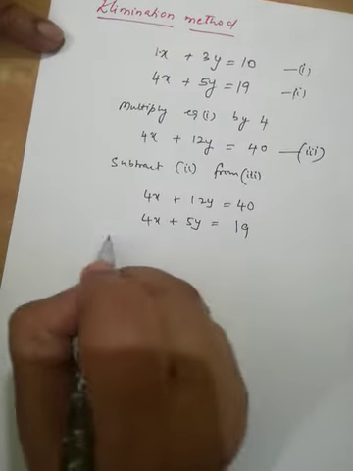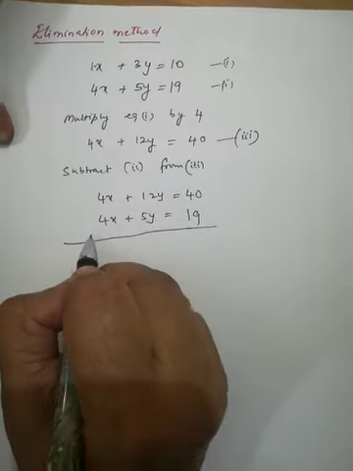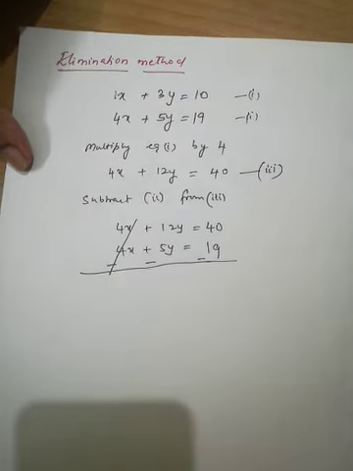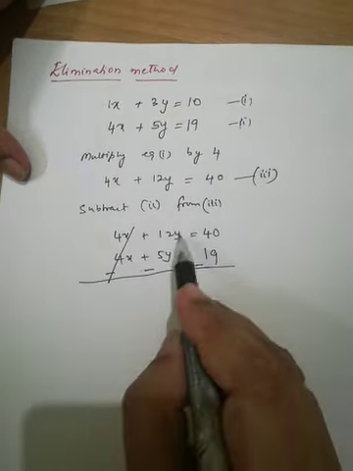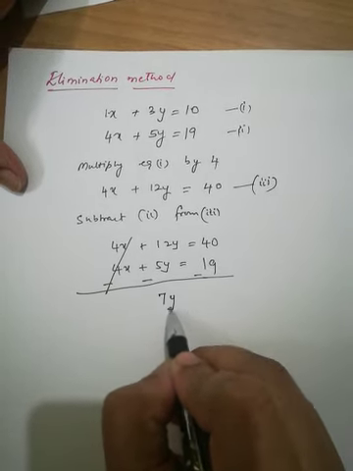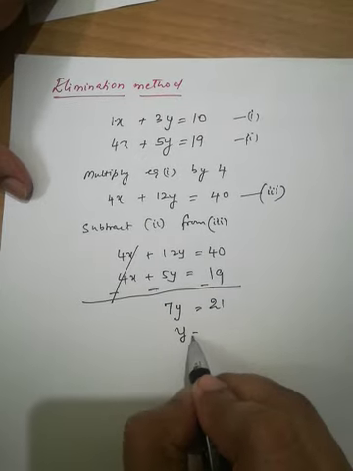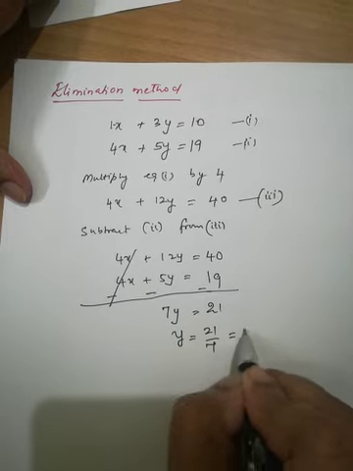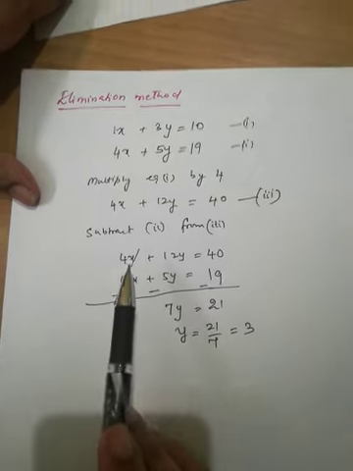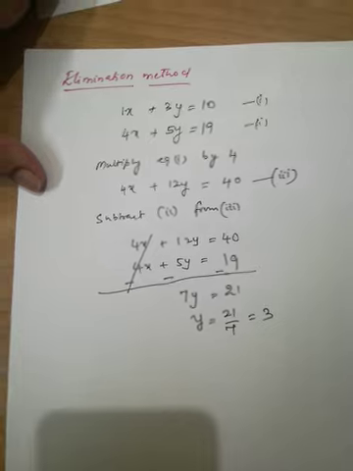Now we will subtract 2 because we want to eliminate it. While subtracting, the sign will change, as you know. So 4x minus 4x is eliminated now. Okay. And you have now only one variable. 12 minus 5 will be 7y and 40 minus 19 will be 21. So y is equal to 21 by 7, which is equal to 3. So easily you got it. What you did, you first made the coefficient of x equal, subtracted it. Got y is equal to 3.